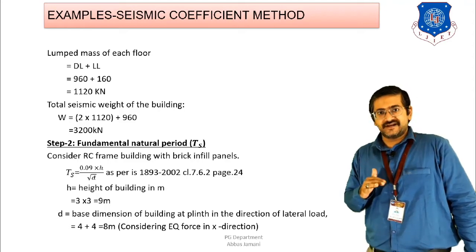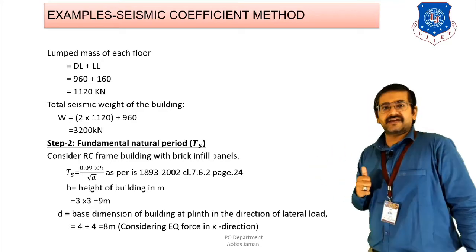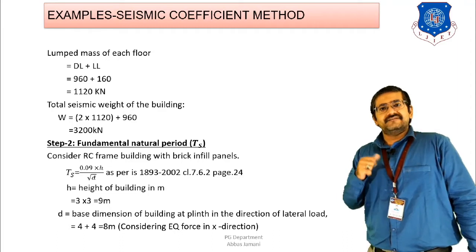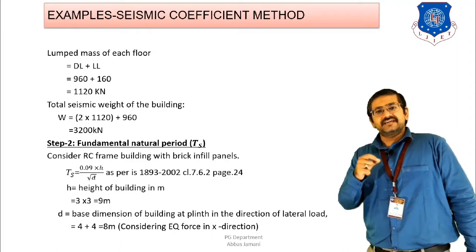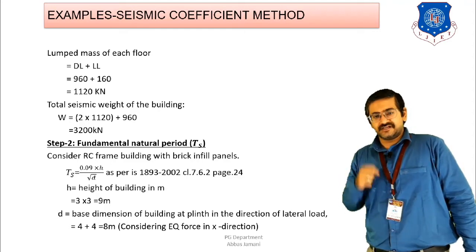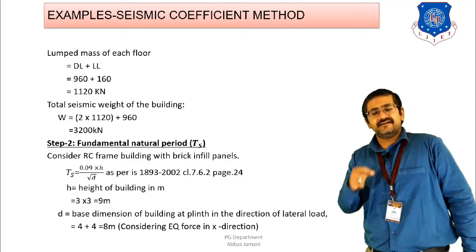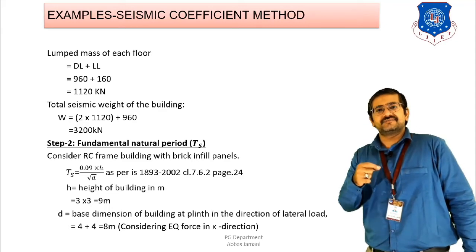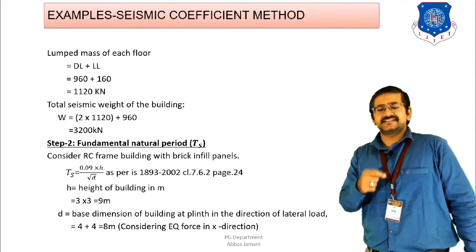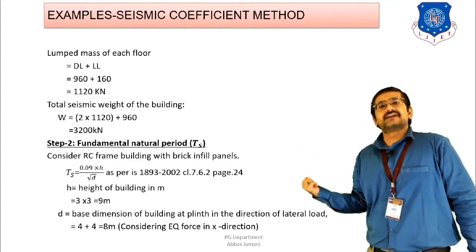Once this is calculated, we go to the next step, that is step number 2. In step number 2, we need to calculate the fundamental value of the time period, right? And for the time period, we have to consider the 3 equations that are given in the code. First is the bare frame, second is the structural wall, and third is for all other buildings. When it is a school building, we can assume that masonry walls are going to be there, right? And since we are assuming that masonry walls are going to be there, that means the building is going to have infill walls. And when infill walls are present, that means out of the 3 formulas given to us, the third formula, that is all other buildings, will be applicable.